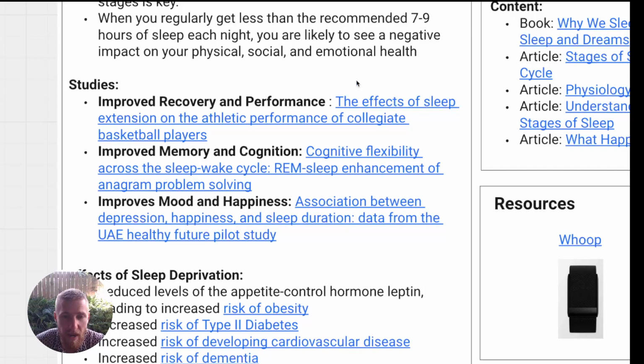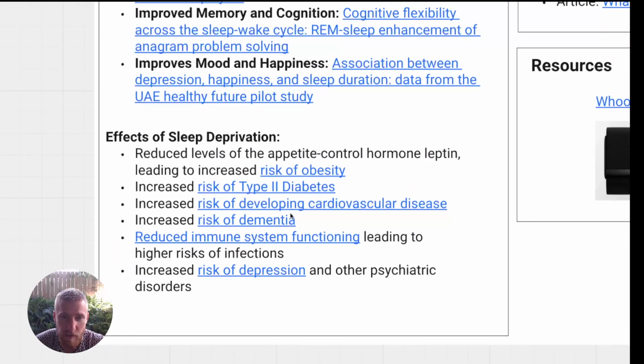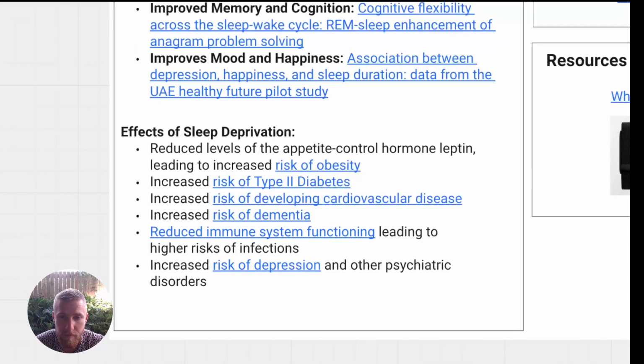And there are also a lot of studies that show the effects of sleep deprivation. Sleep deprivation can happen, obviously, just by not having enough sleep in one night, but then you can have continual sleep deprivation that leads to increased risk of all sorts of different health issues. So if you want to dive in and look further into the research, there is a lot of good research that I've linked to here.